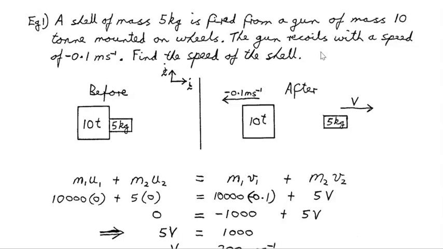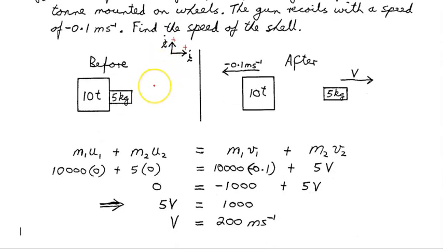But the total momentum before, when they're both sitting together and both at rest, will be equal to the total momentum after. To see that, we note that the gun recoils with a speed of minus 0.1 meters per second. We want to find the speed of the shell. So again, choose a direction. We're going to choose to the right as positive motion. There's no upward motion in this case, we're assuming everything occurs horizontally. Motion to the right is positive, motion to the left is negative. So it must always have a direction. Our coordinates must always recognize that. So let's find the speed of the shell.